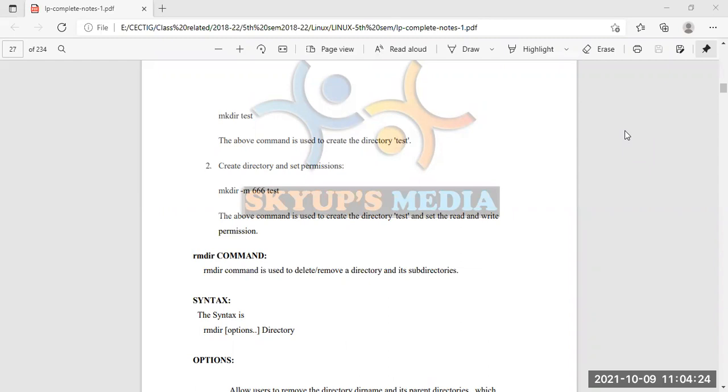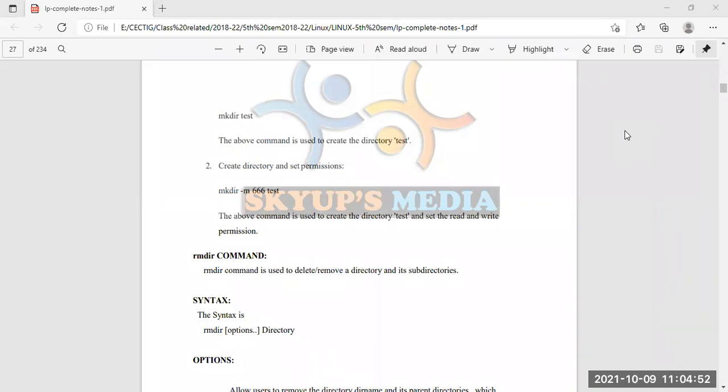Before whatever we are thinking, we should not think so much; the written things are very easy. But what we need to do is memorize that command: what is the command and for what purpose we are using it. So the rmdir command removes directories and subdirectories, if any are present. By using simply rmdir, the whole thing can be done. The syntax is also very easy, like every command.